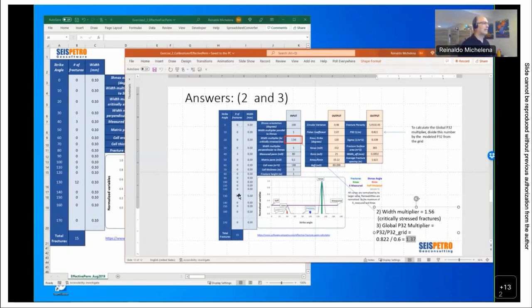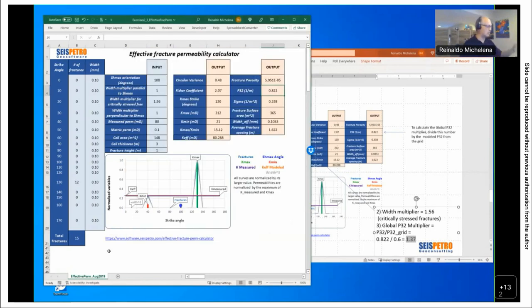Another thing, then, after this exercise, is that you can use the spreadsheet to experiment yourself to understand how complex this can be. So, for instance, let's add a third family of fractures here. Let's put, for instance, 20 fractures here at 90 degrees, and then when you do that, you start understanding the effects of having different fracture families, having a stress at the same time. And then you see here that here are the two families in blue, one at 90, one at 130